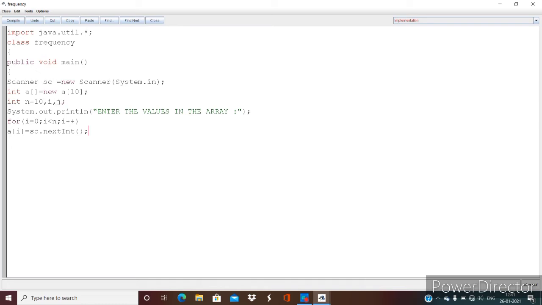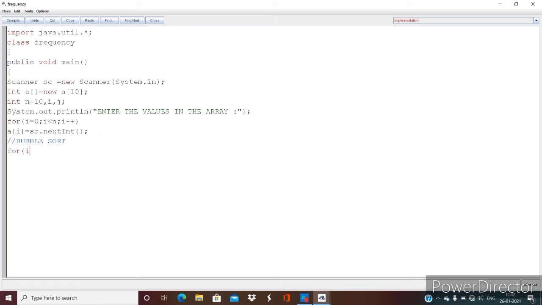So once you have taken input into the array, the next thing that you are going to do is apply bubble sort. Now explanation of bubble sort I'll put in another video. Here I'll just write the code that will bubble sort this array, that is arrange the elements of the array in ascending order. For doing that, we'll take two different loops.